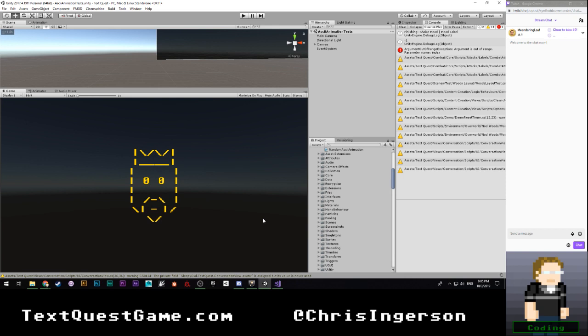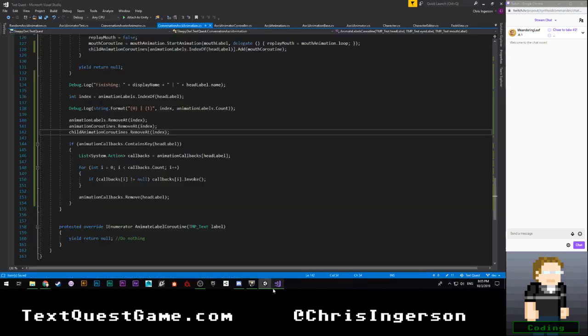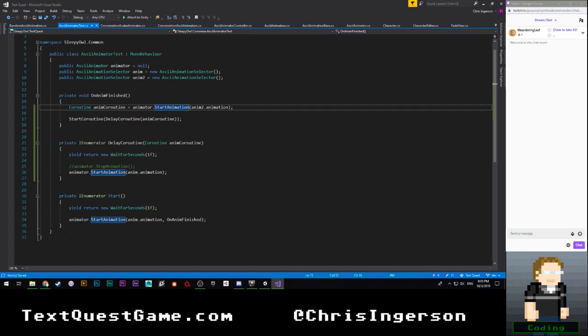That was the problem. What was happening is in our ASCII animator test, when we started this animation, it was finishing, firing its finish event, which called this function, which called start animation, which then called stop animation. All of this was done before the rest of the code executed in the coroutine. So by the time it got to that label check, we had already removed it because we called stop animation.